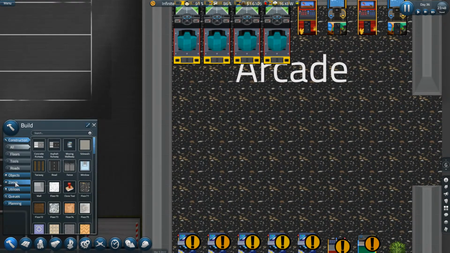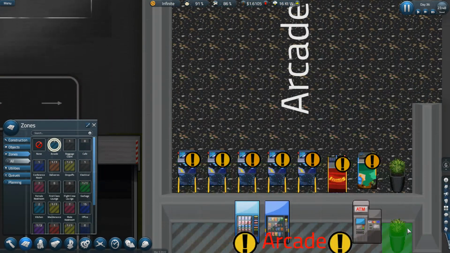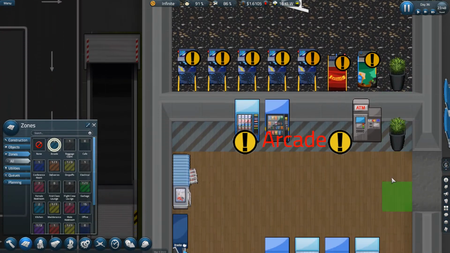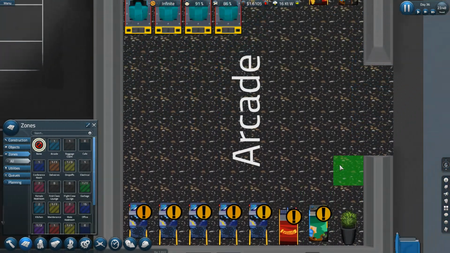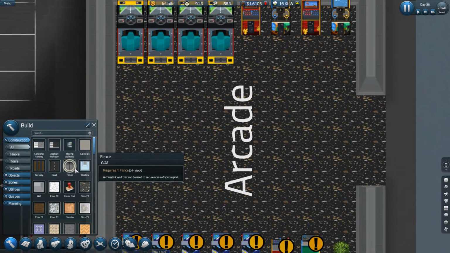Let's see here. Zones, arcade. All right, so one thing we do need to do is do that. No. Jeez. No, I don't want arcade here. All right, so that's there. So now...